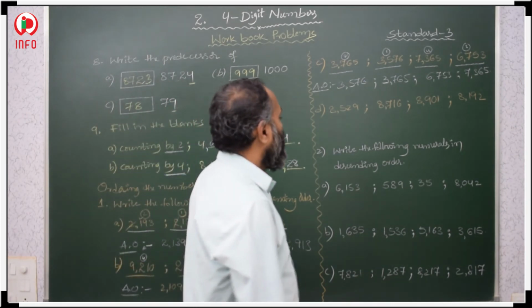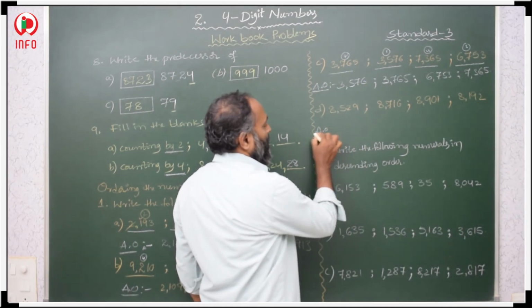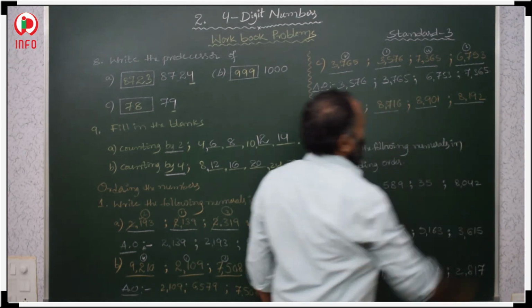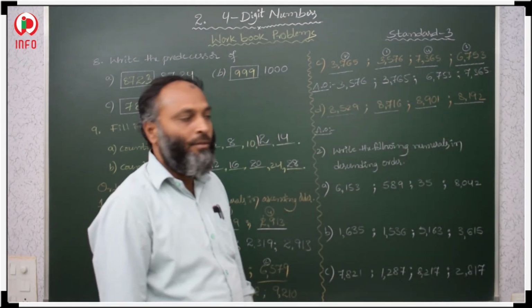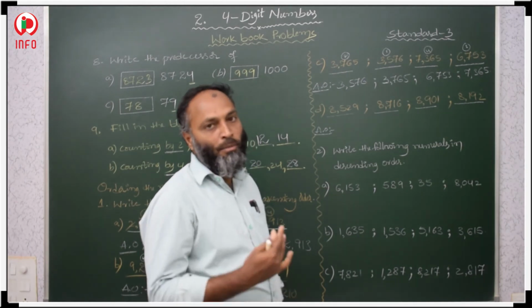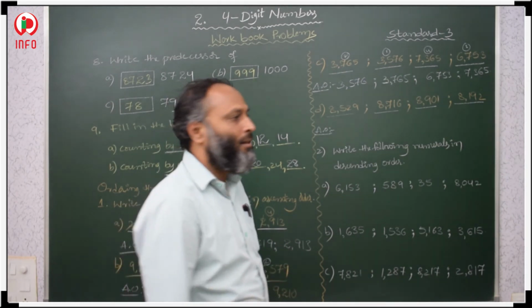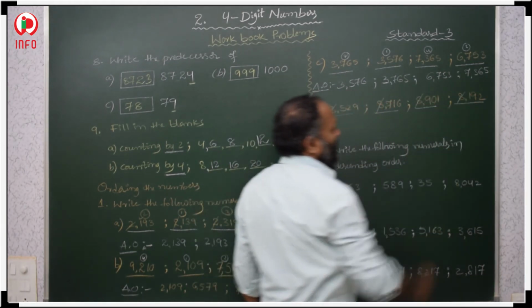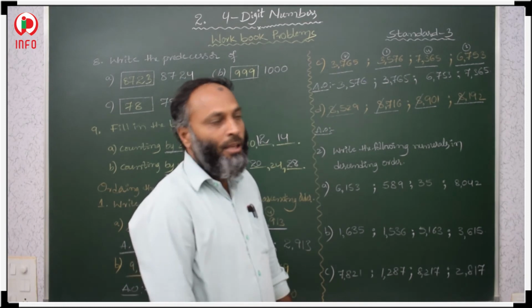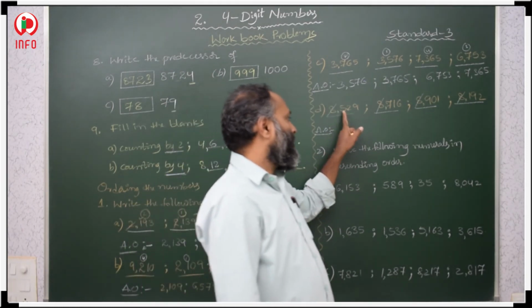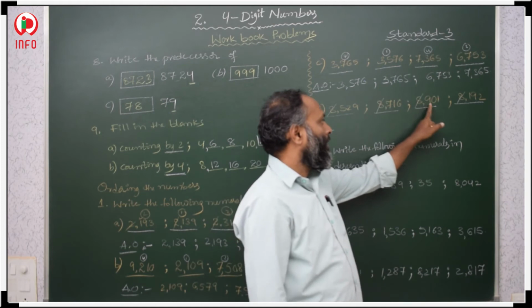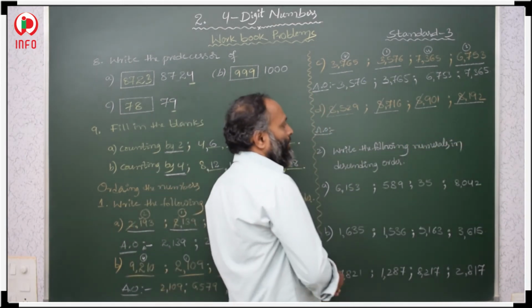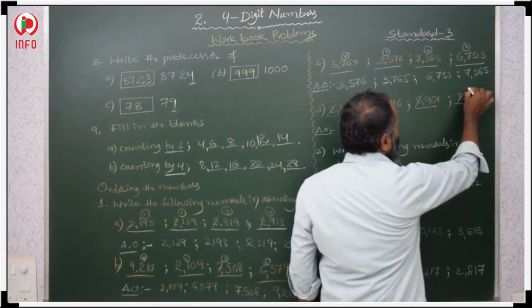Now, in this, first numeral, second numeral, third numeral, fourth numeral. How to compare? So we start comparing from the thousands place. In the thousands place, 8 is there, 8 is there, 8 is there, 8 is there. All are equal. Then we go for the next place, the hundreds place: 5, 7, 9, 1. So which one is smaller? 1 is smaller. This we have to take first.